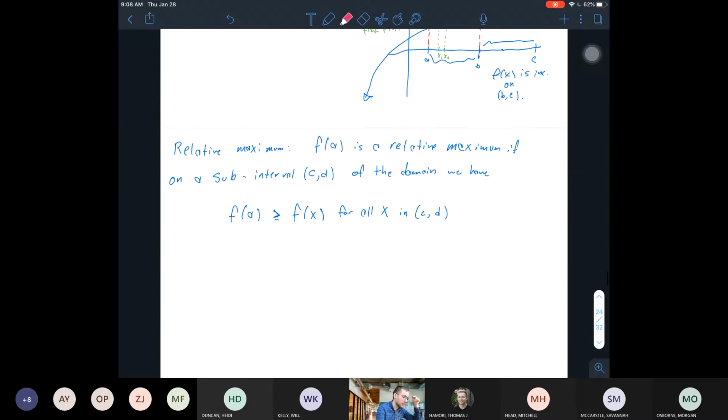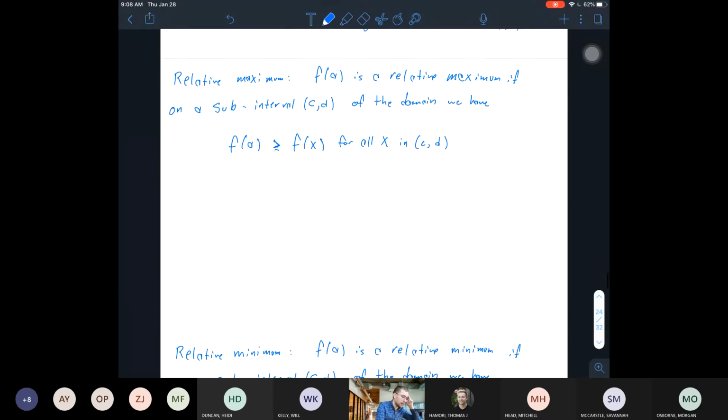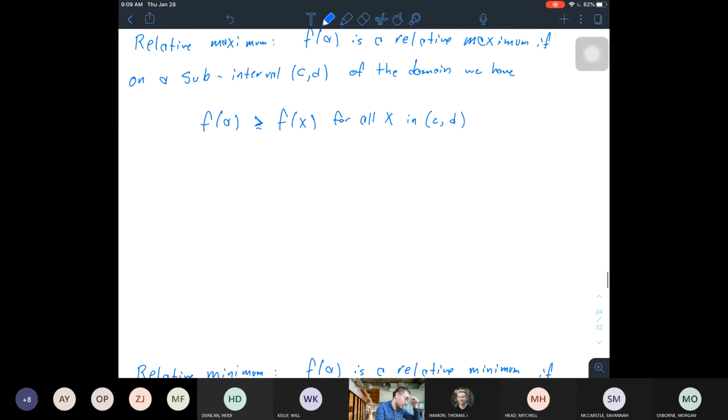Okay, so now let's talk about maximums and minimums. I think that probably everyone is familiar with the notion of a maximum and a minimum. But what you might not be so familiar with is the modifier "relative" here. What relative means is like,